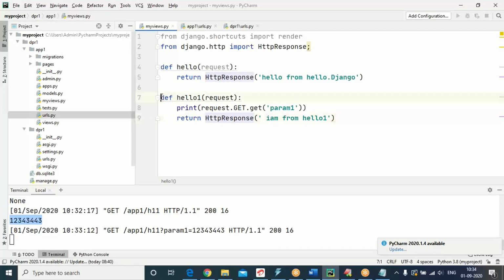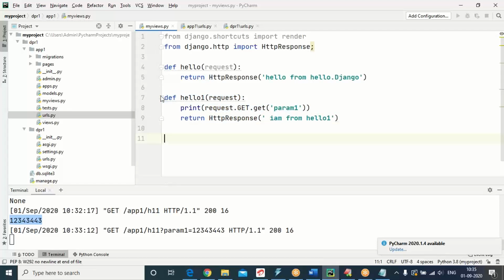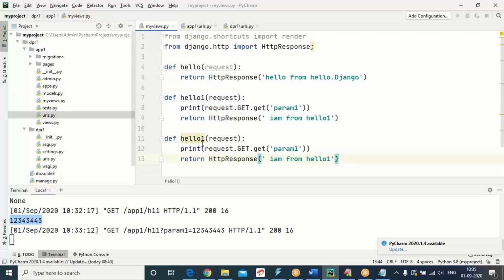Let me show one more. Let's go for hello2. Let us consider you are sending two parameters. Parameters can have any names. I'm choosing ABC, and after ABC, I'm providing a default value to ABC.